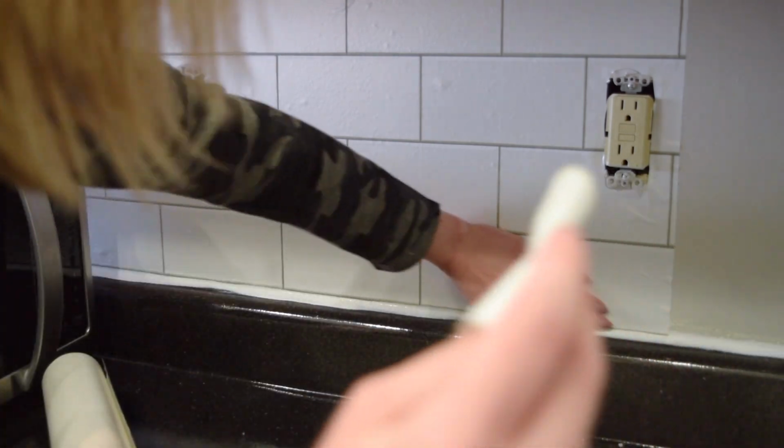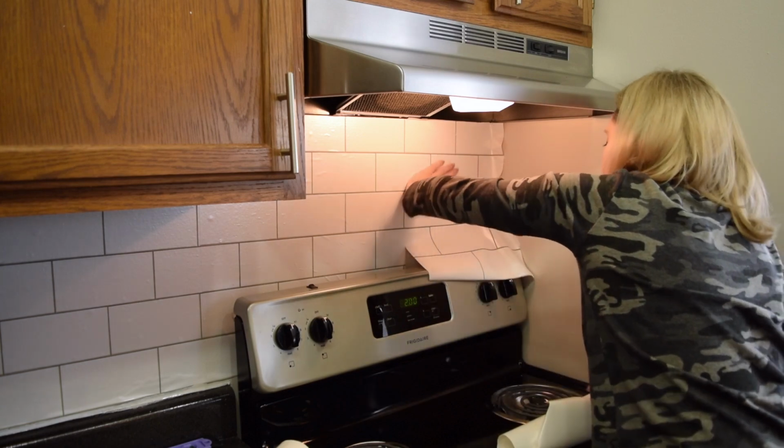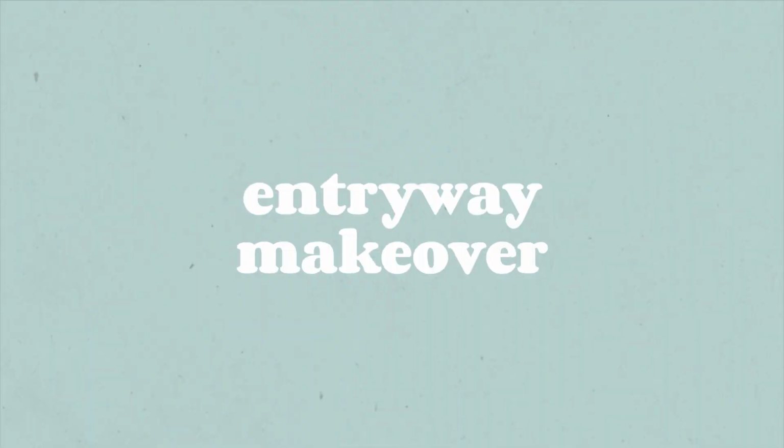And also, as a tip, putting that up on the wall also protects your wall from any sort of splashing from cooking. So as soon as you remove it and take it away, you have less cleaning to do when it's time to move out. So that's really great. So after the kitchen and a couple patio makeovers later, I moved on to the entryway,